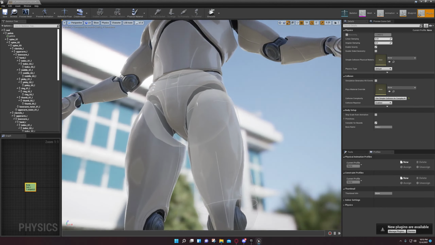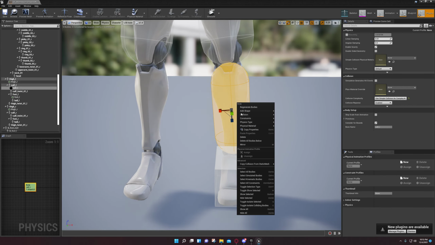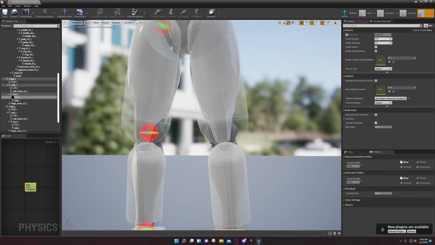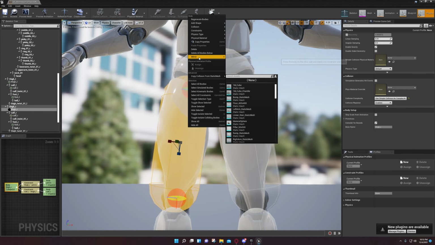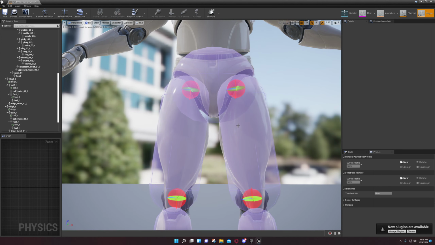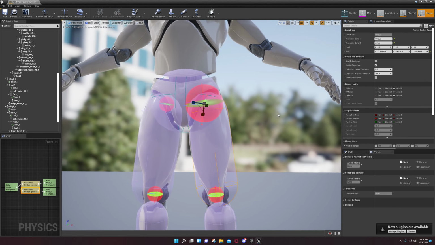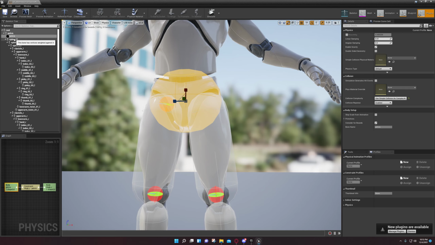And now what we can do is we can right click these and mirror them. And then you could right click this one and mirror, and it'll do these. Now basically, let me go ahead and delete this one so I'll show you what I'm doing. If you need to do it manually,